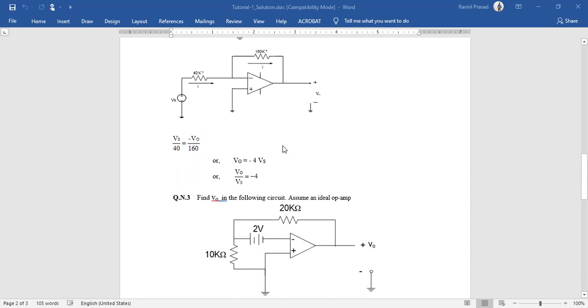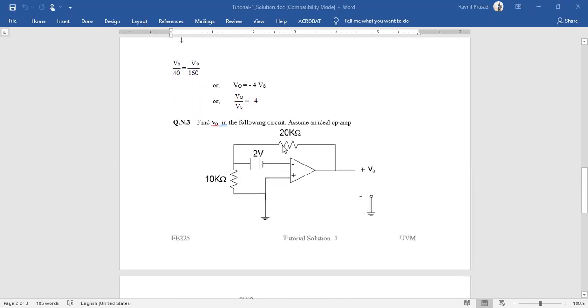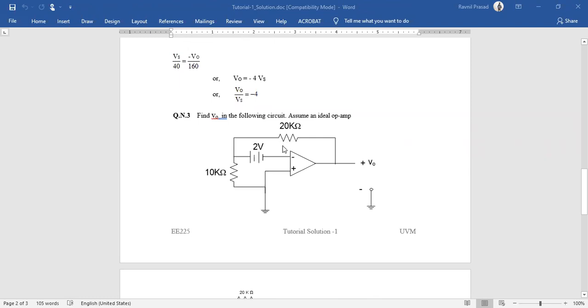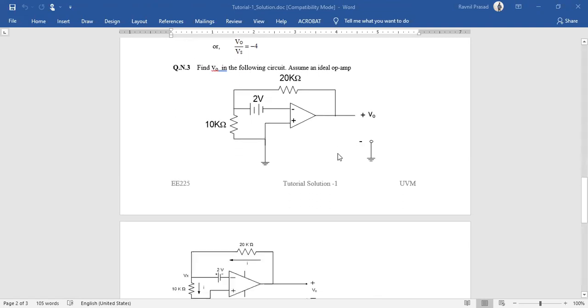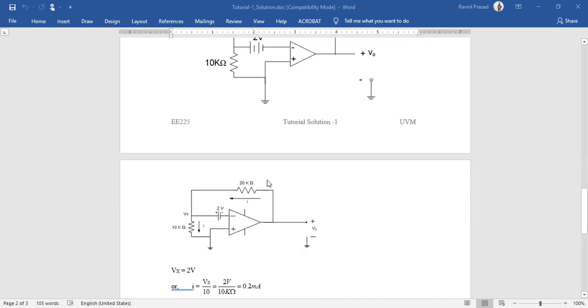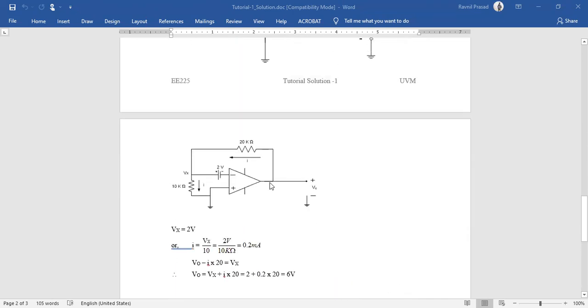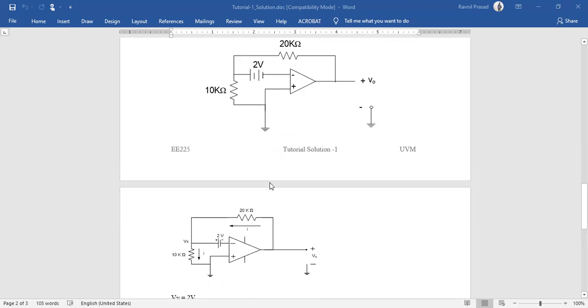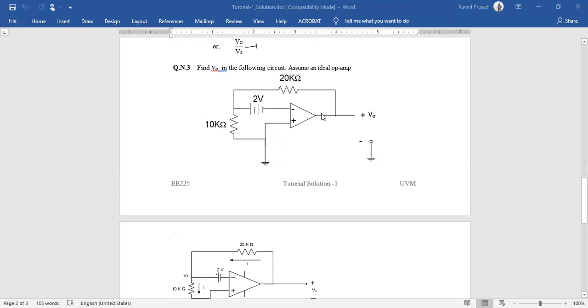Okay. Let's move on to question number 3, the third question of this tutorial. Find V naught in the following circuit, assume an RL of M. Okay, anyways, so again in this particular circuit, we can see that